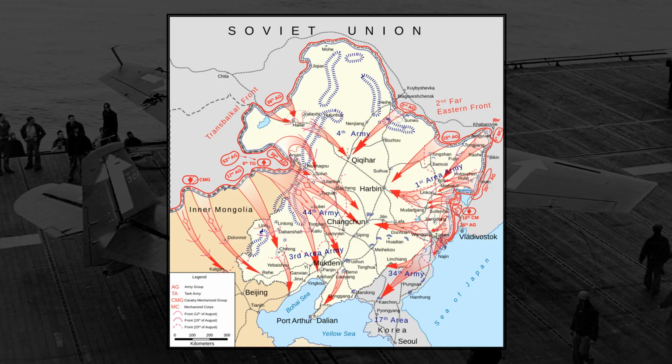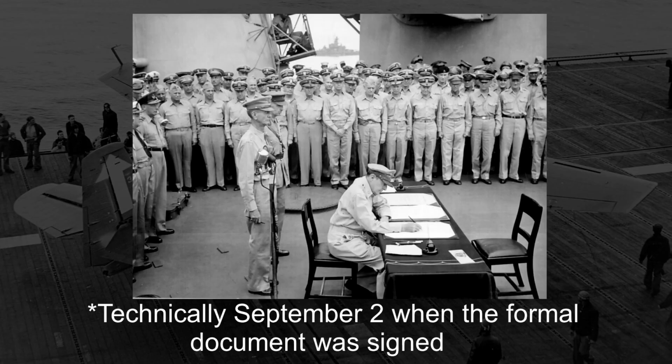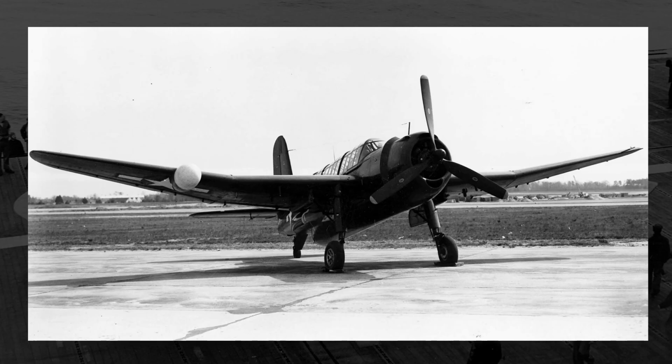By the time the war in the Pacific ended in August, about 180 of the original 1,000 plus Sea Wolves had been made and sent to units. This is where the production of the Sea Wolf would end. With the war over, the contract was cancelled in September, and the other 820 plus Sea Wolves would never come